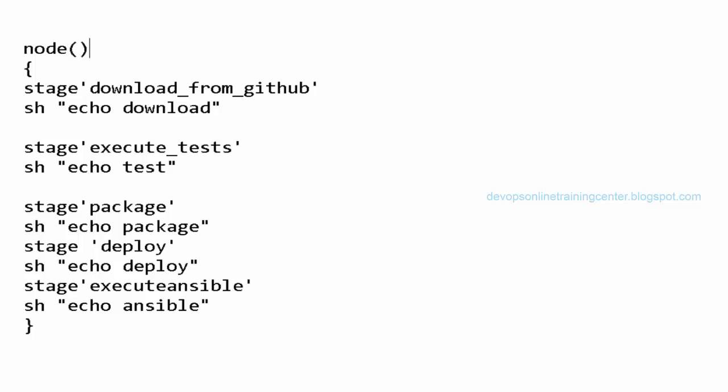This scripting is way simpler than the GUI, right? Yeah, it's simpler, but it's not fully evolved. There are issues. It started, I think, around one or two years back. If you use some of the plugins, they work perfectly in a freestyle job, but they may not work as expected in pipelines. But this is the way ahead; people are using pipelines like anything.